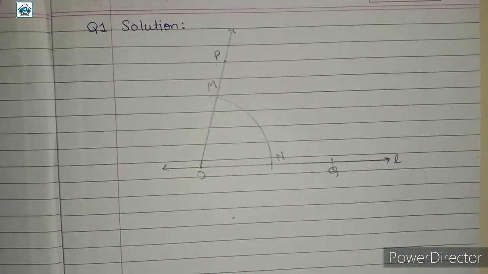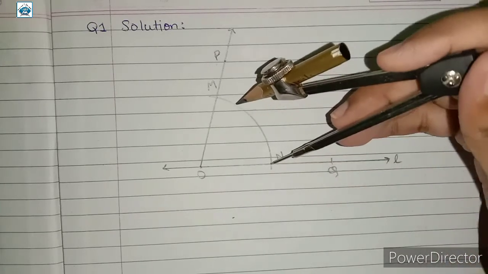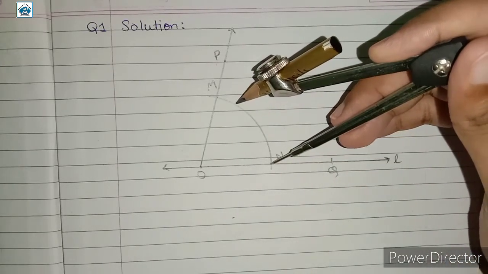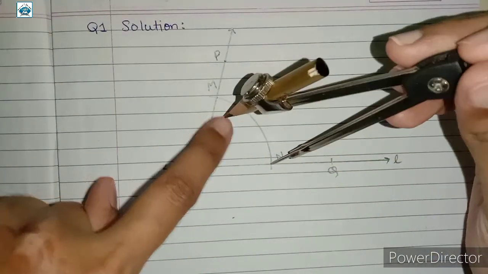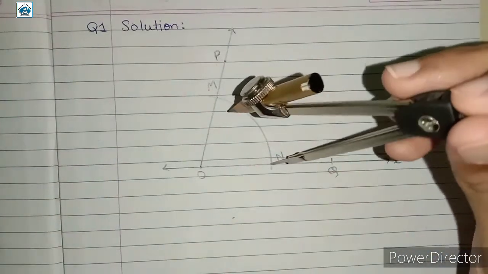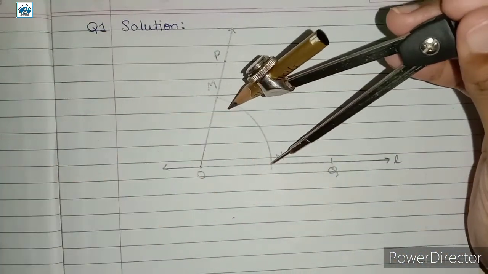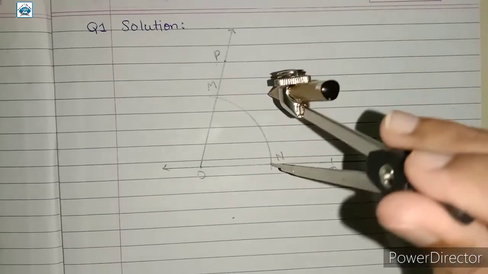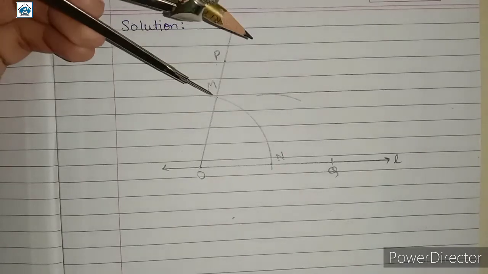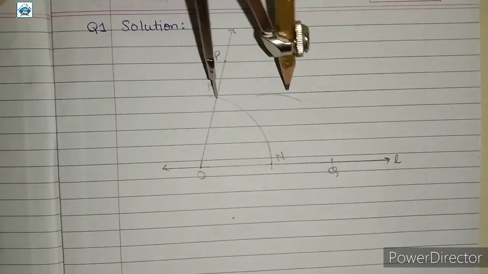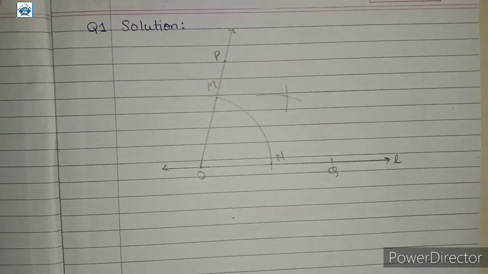So for that, how will you do it? You need to place the pointer of your compass at point N and the distance should be more than half of this length MN. So here this distance is more than half the length of line segment MN. If this were a line segment, तो इसका जो length है वो more than half है उस line segment का. So यहाँ पे एक arc draw कर लेते हैं like this, and keeping the point at point M like so, you need to draw another arc to bisect the previously drawn arc at a point.